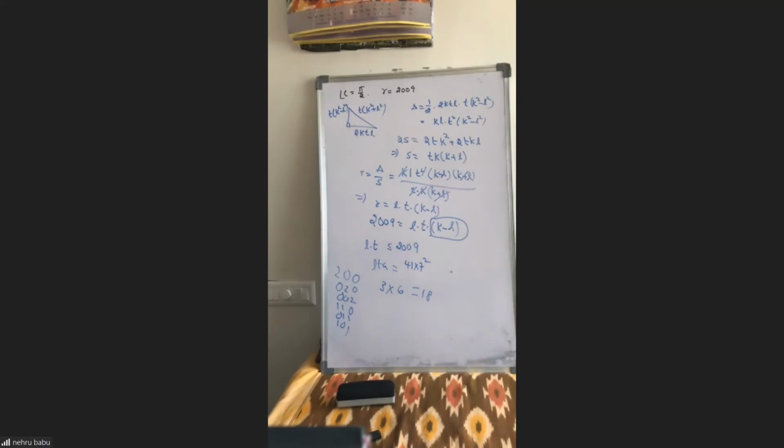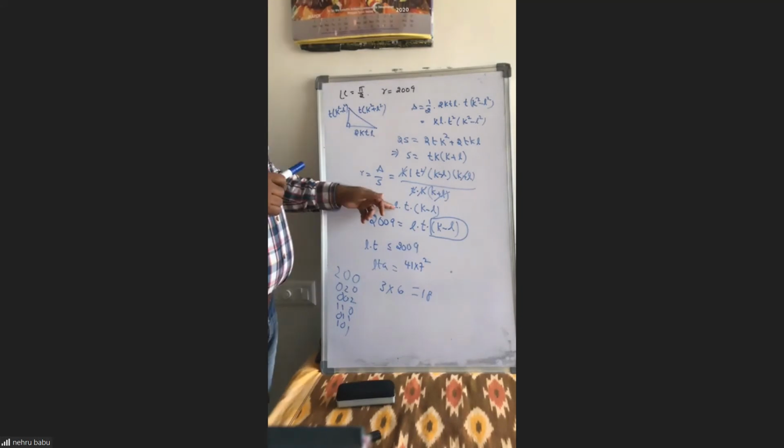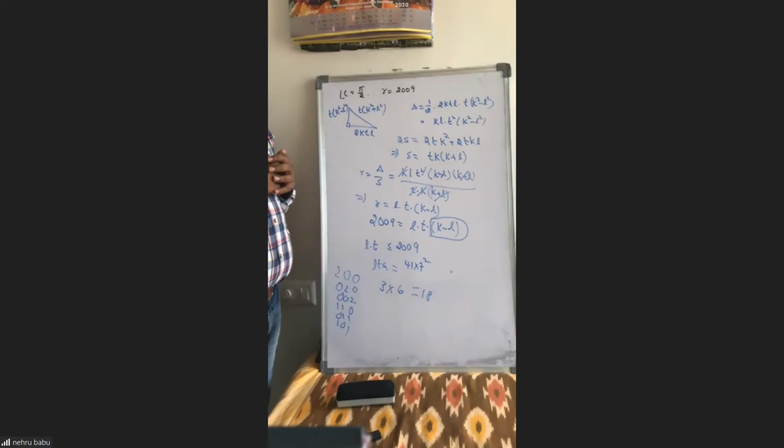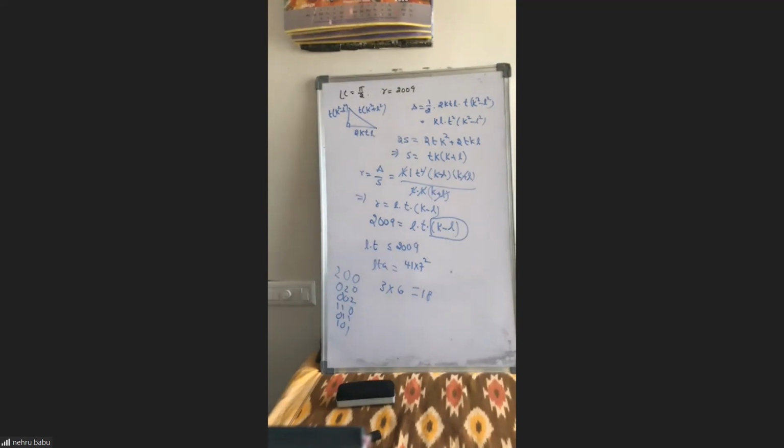But the main problem in this question is this part: L and T. Because I know 2KTL is an integer, but L and T need not be integers. That is the main problem. In our original method, we don't face any problem, because we are selecting sides as A and B, where A and B are integers. This question is related to A and B only. But in this case, when you are choosing 2KTL, K, T, L need not be integers. That's the problem in this.